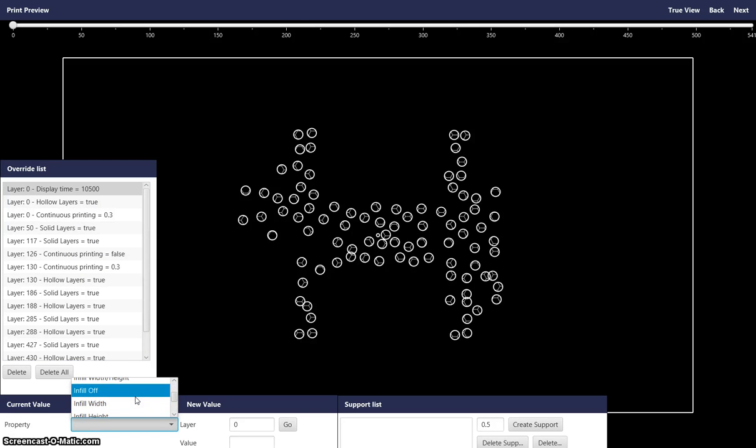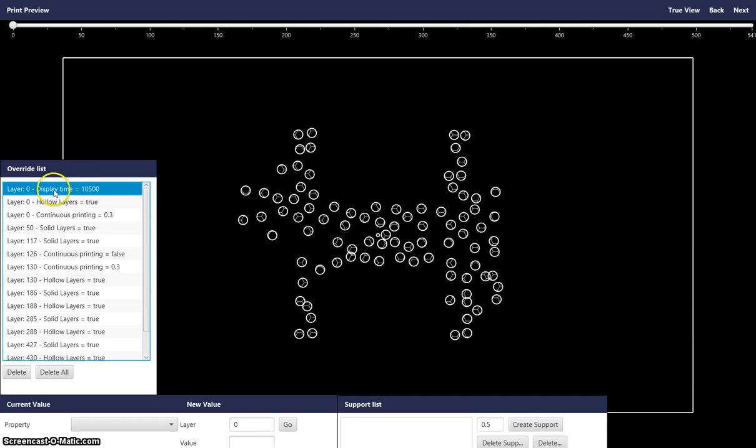per layer. You can change the infill, you can make it blurry, you can compensate for the layer compensation, switching wiper on and off. Of course we don't have a wiper yet, but as you can see there's a lot of things that you can do per layer. Now what you need to understand is when you make a change, for instance I'm saying